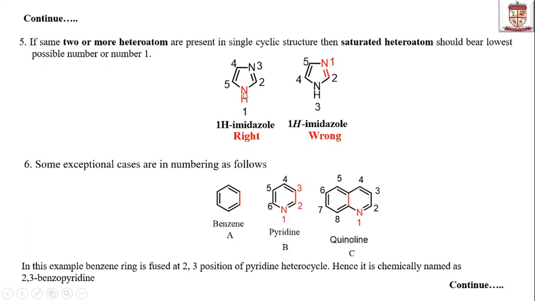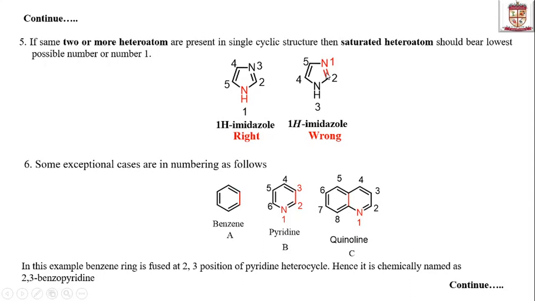In this case this is imidazole, 1H-imidazole. Now 1H, this H represents the saturation, in imidazole which contains the two nitrogens at position number 1 and 3. That's why this 1H shows the nitrogen at position number 1, which is a saturated heteroatom, and another one is here, 1H-imidazole.